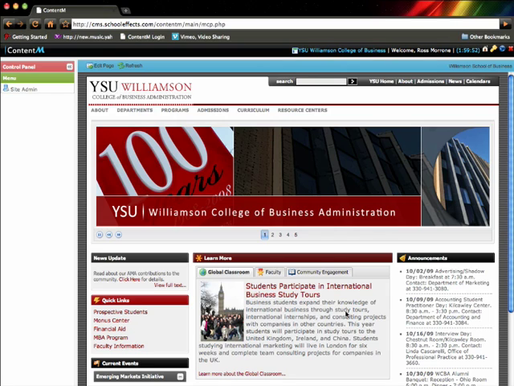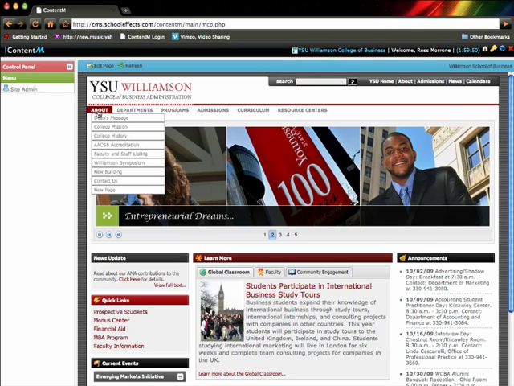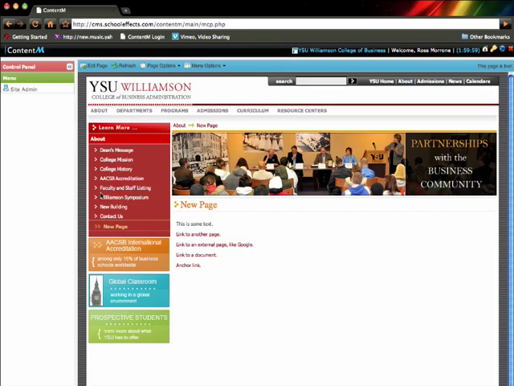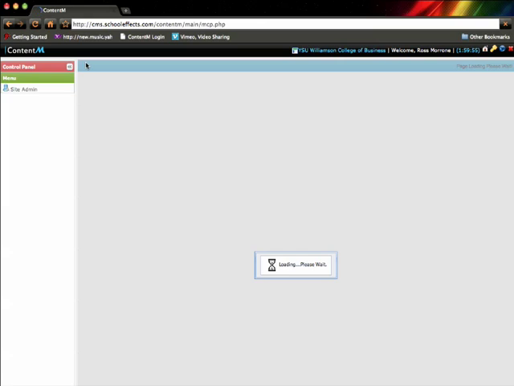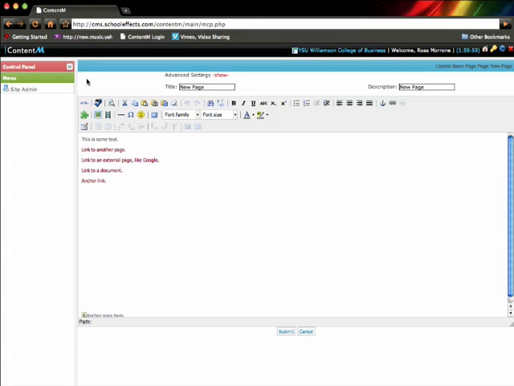To upload an image inside of ContentM, first navigate to the page that you want to upload to. Once on that page, click the Edit Page button, and this is going to load up our page editor. Go on the editor where you want to actually insert the image. In this case, I'm going to insert it above the text, so I hit Enter, and I'm going to click